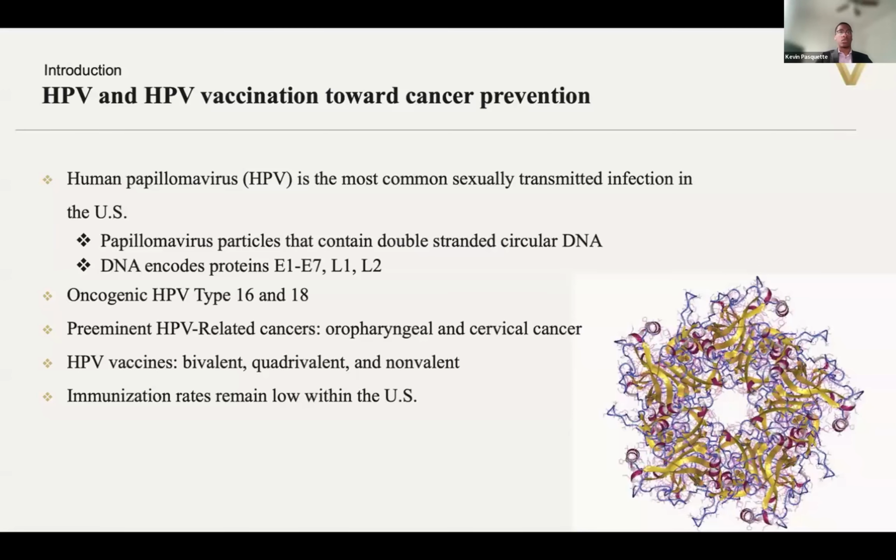So let's begin with the clinical motivations. HPV remains the most common sexually transmitted infection in the US and accounts for about 5% of cancers globally. The most oncogenic strains are HPV 16 and 18, which are responsible for 70% of all HPV-related cancers. There are currently only three licensed HPV vaccines, bivalent, quadrivalent, and nonavalent, and they differ mainly by how many of the HPV strains they target. Bivalent targets two strains, quadrivalent four, and nonavalent nine.